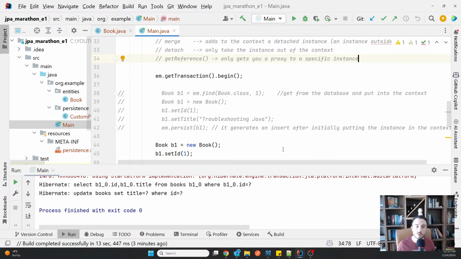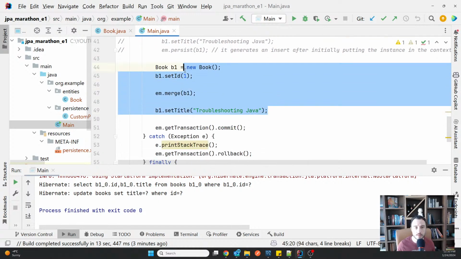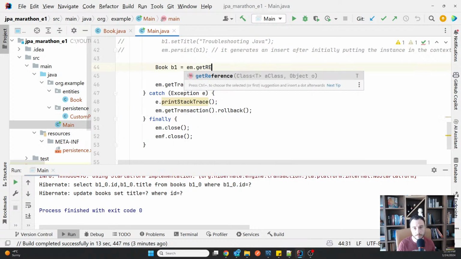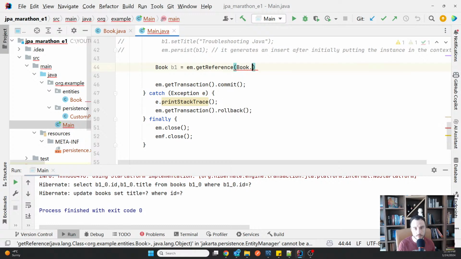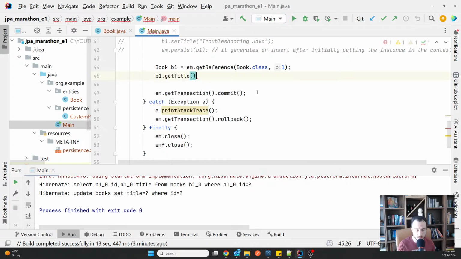So I'm not sure how to prove that. I can try, but I think it would be something like, now say you get this, and then you say b1 get title, print it.